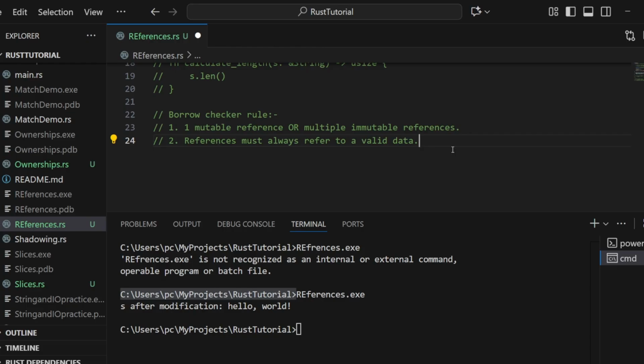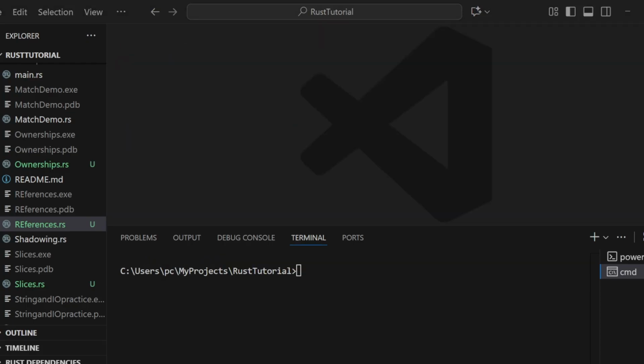For example, a mutable reference might be referring to an immutable string, so that will violate the second rule. Or if the reference is referring to a variable which is holding a null value, that is also a violation of the second rule. In Rust, you can also use slices as references. For that, you can proceed like this: